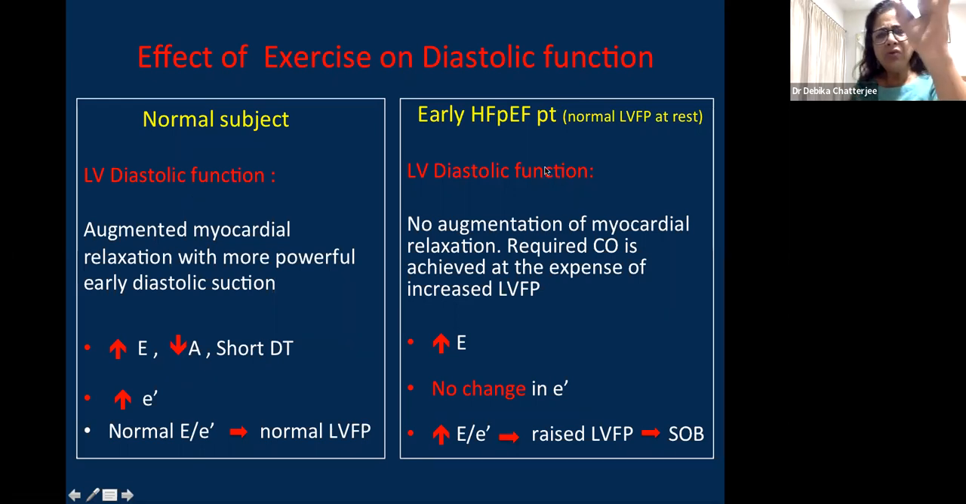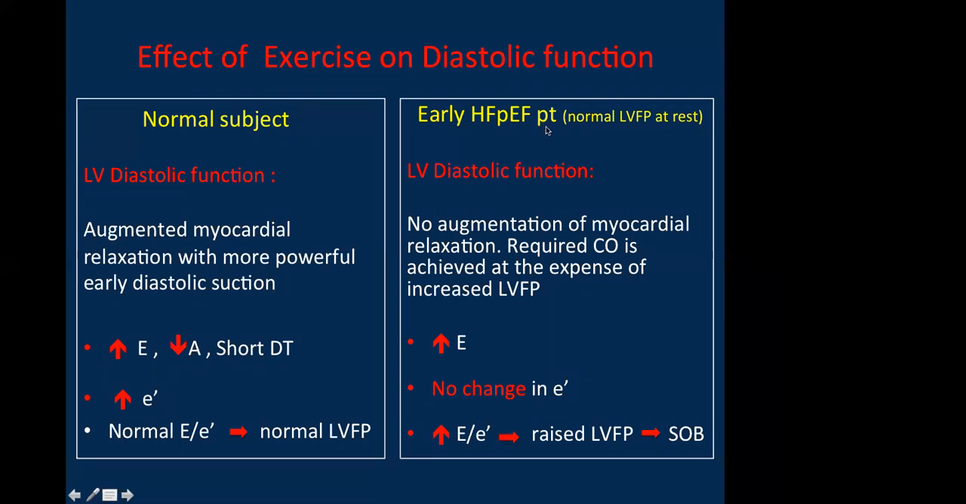But in that particular early HFpEF patient, where there is normal LV filling pressure at rest, but rises as the patient exercises. Why? Because in this particular group of patients,